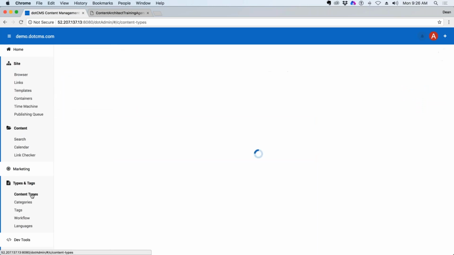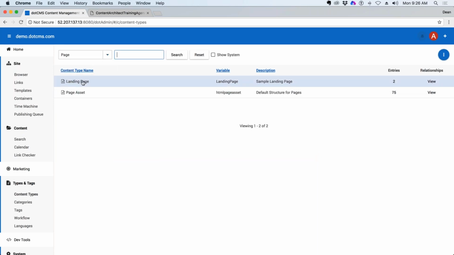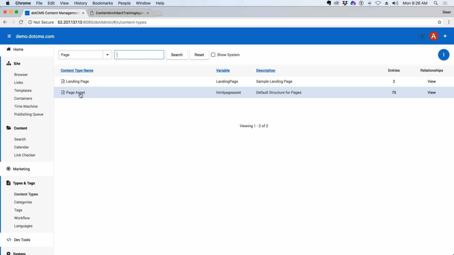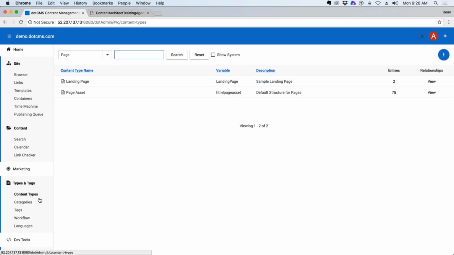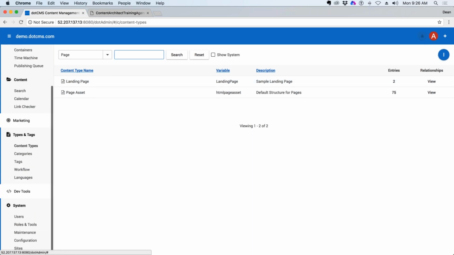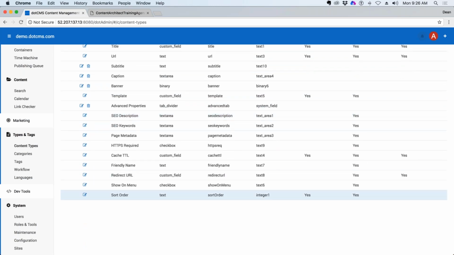All right, going back to content types, that's file content type. What about page content type? Well, we have a landing page and we have a page asset. We already use the page asset, but what if I wanted to create a new landing page? What does it do, right? And what's the difference? If we looked at what landing page does,